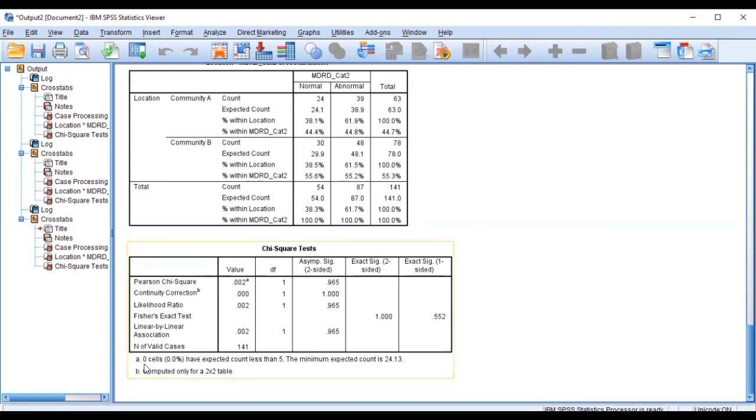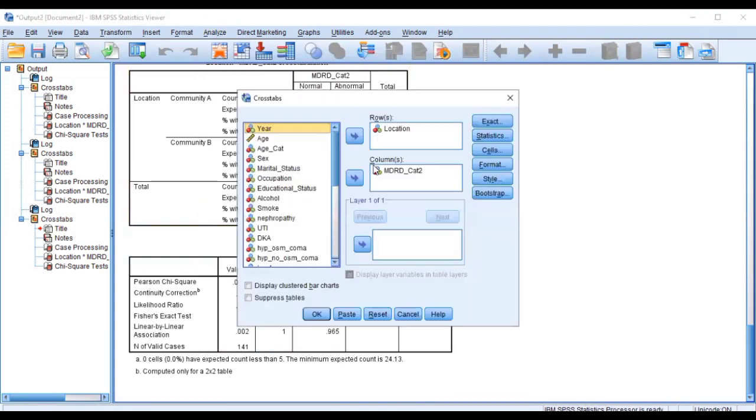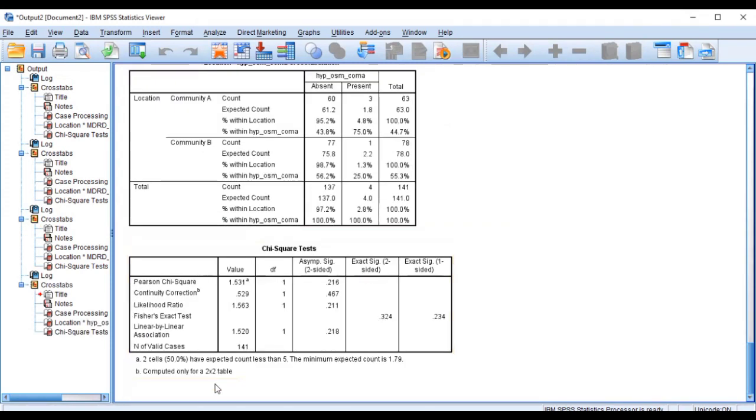Now you see at the bottom here, it says cells are expected to have expected count less than 5. So let's run a situation where we'll have the expected counts being less than 5 and see what it will tell us to use. So we are just going to use this and then we click on OK. Great. So here you can see the expected counts here. So this is 61 point, this one, and 1.8,